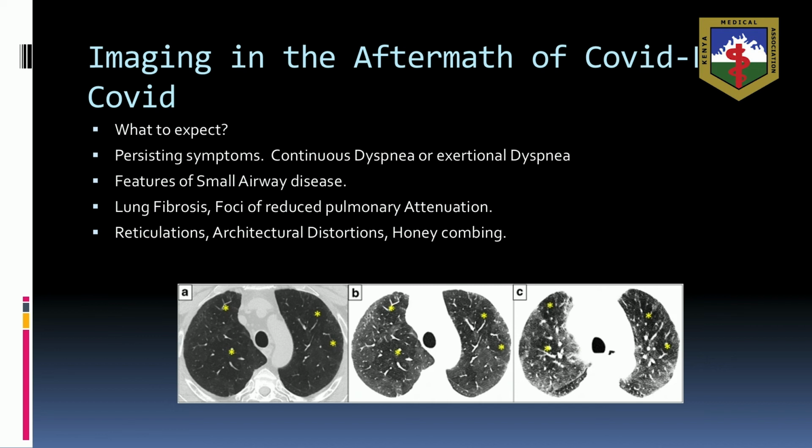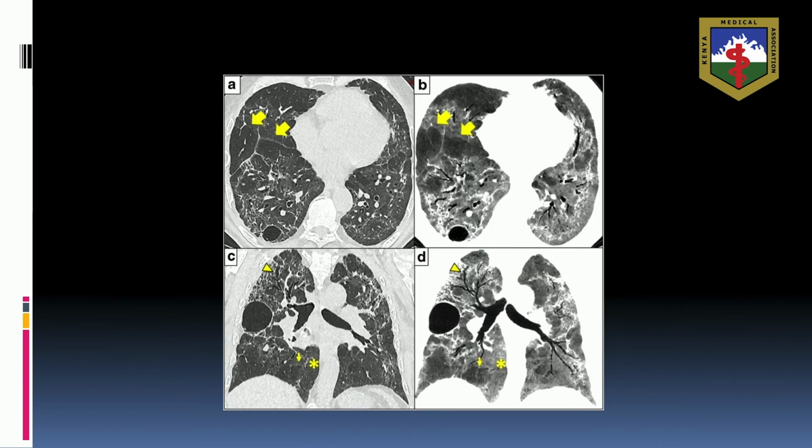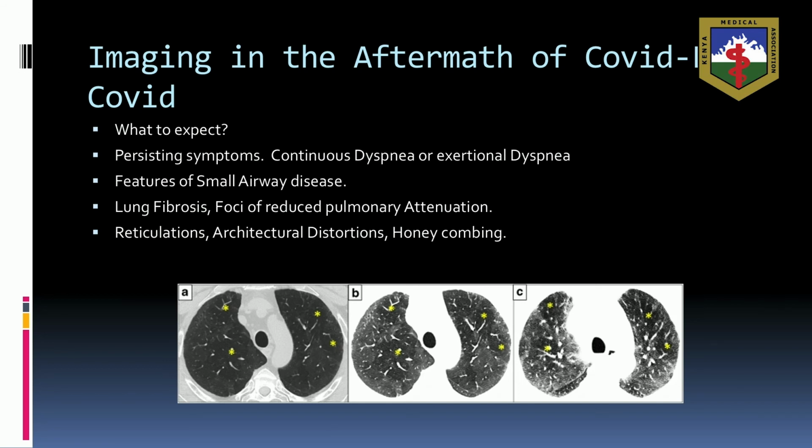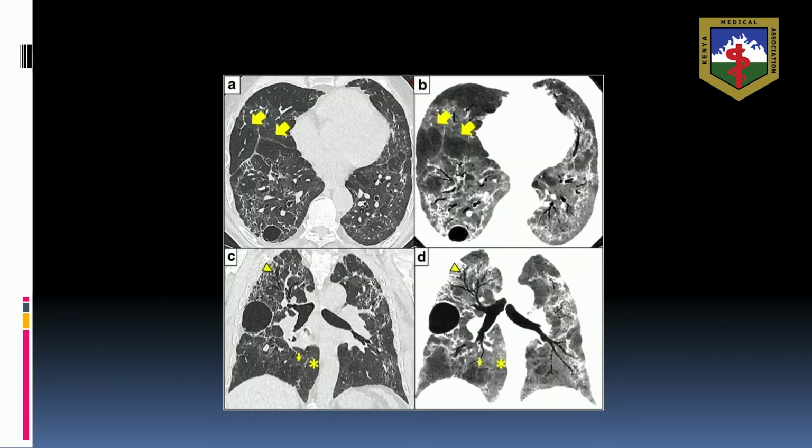You have multiple foci of low attenuation, meaning you have airway obstruction and air trapping based on small airways having been obstructed. So these are patients who eventually might actually have, we've had patients being retired on medical grounds because after they get COVID-19, they're not able to function. They are either continuously dyspneic, or they climb the stairs, they get tired, they're dyspneic again, and so there's a role of repeat imaging. Usually after 2 months, you expect that the imaging findings would be clearer, or residual lung fibrosis. But now we are seeing features of a